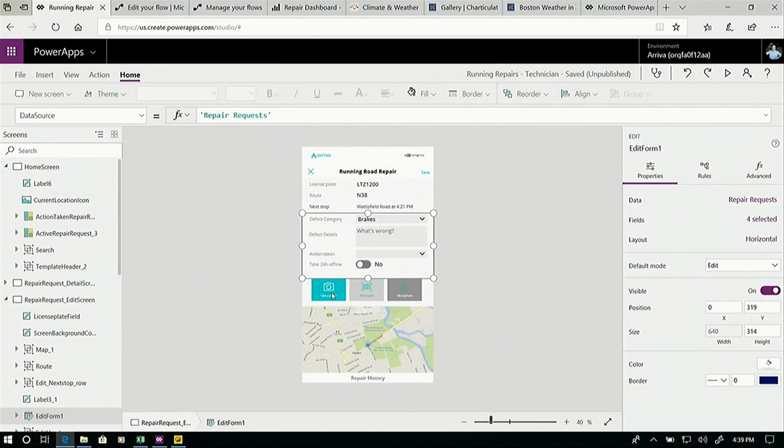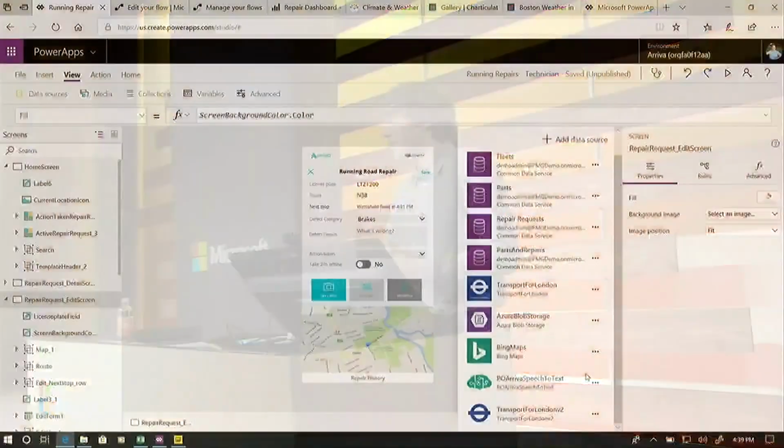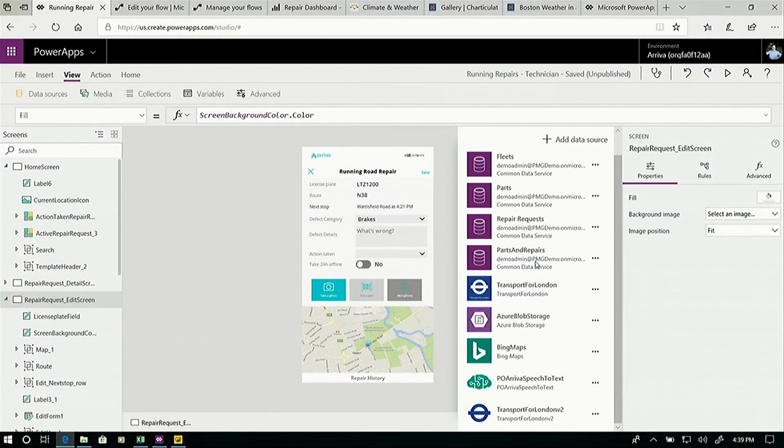And there's a whole bunch of other great device capabilities down here, like taking a photo, taking the barcode, things like that. And the one thing I do want to call out while I'm on the screen is the data sources. So PowerApps, like we were talking about, one of the key things is having tons of connectors. We have over 230 connectors today. We're going to keep building connectors until we have basically the whole world covered. But this Power App alone uses 4 different entities in the common data service. It uses a Transport for London API, it uses Azure Blob Storage, Bing Maps, speech to text, all kinds of different capabilities. Just all integrated, again, without having to write any code.